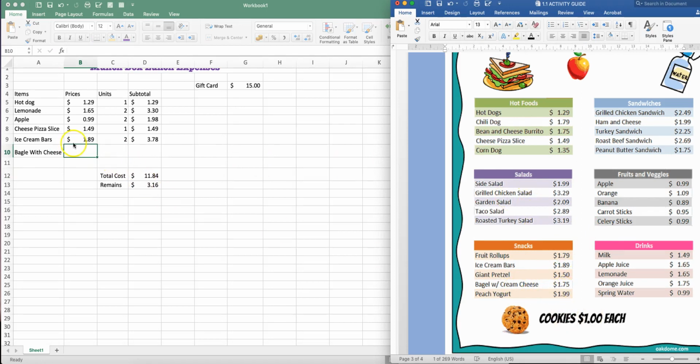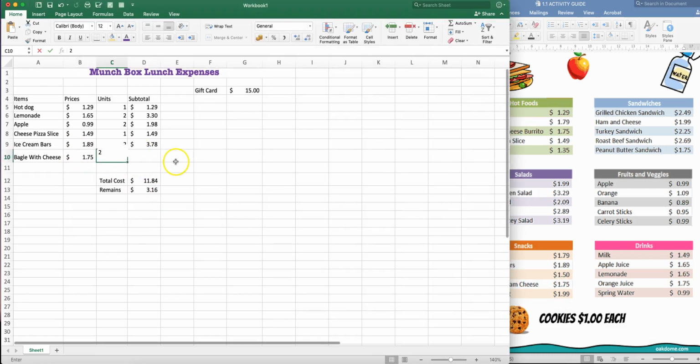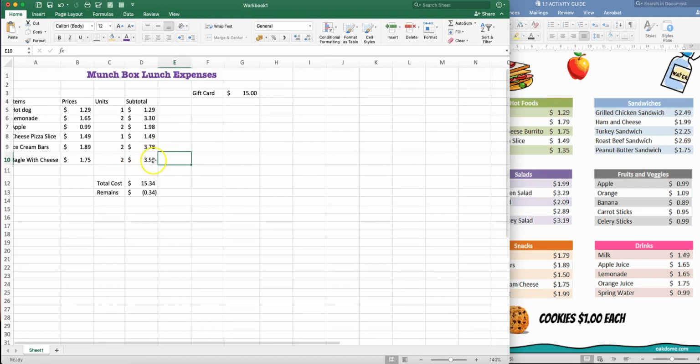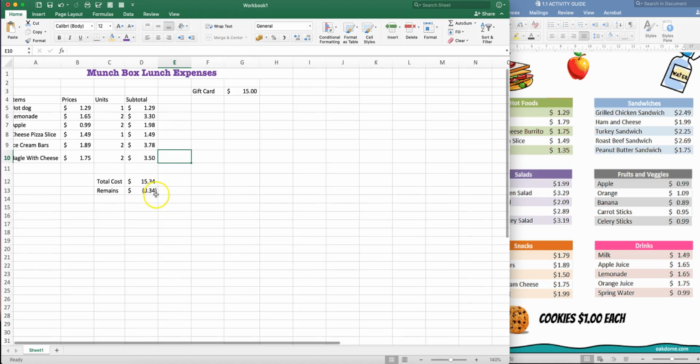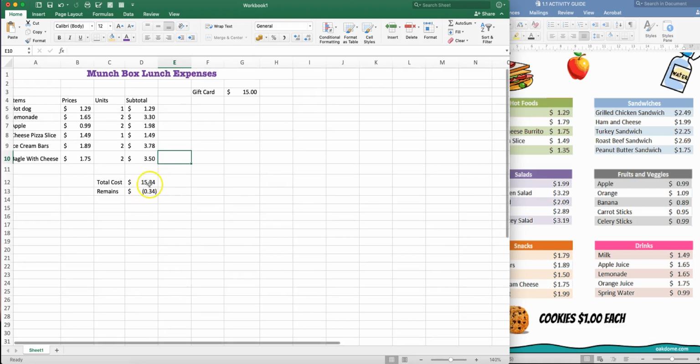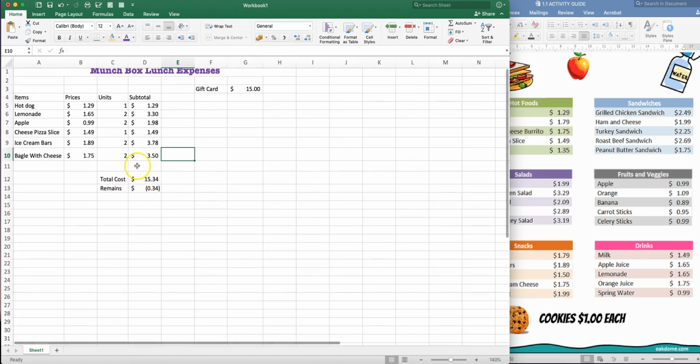So it's 1.75. So let's see, 1.75. Then here I want 2, right? It's not going to multiply. Yes, now it's multiplying. It says here 2, 3.50. What happens here? When they show me that this is in parentheses, it means that I'm over budget. I crossed the limit. So I cannot buy 2. Let's see, I want to buy just 1, right? Okay, and I have